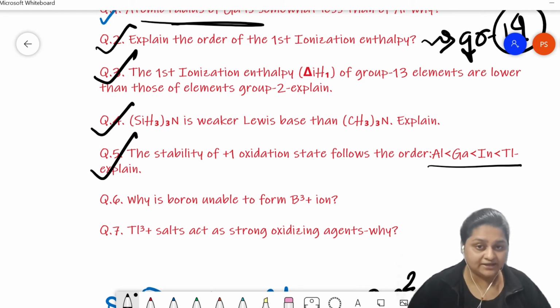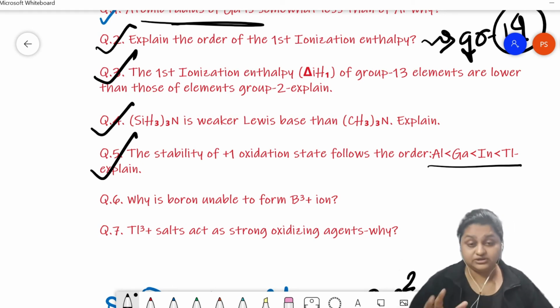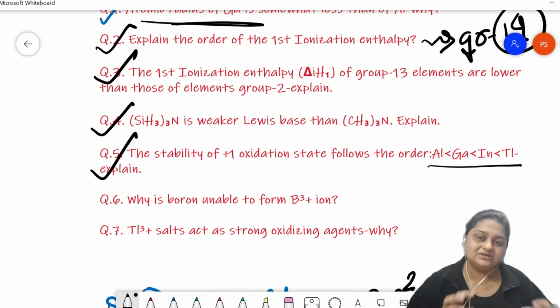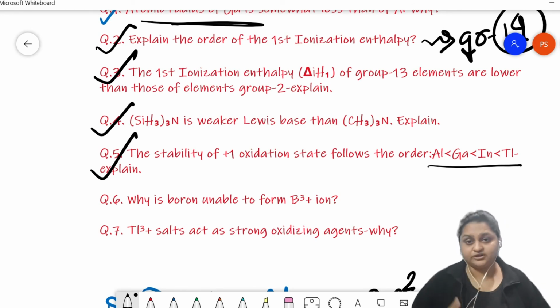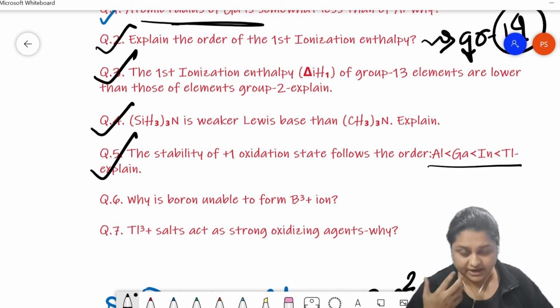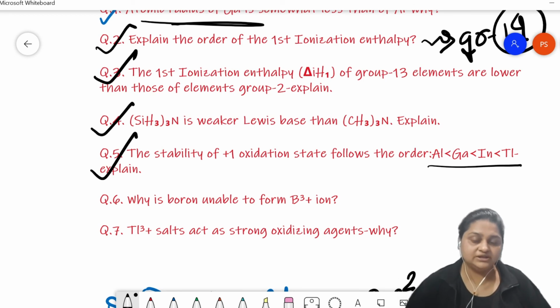due to that lanthanide contraction, a much more excess amount of nuclear charge is experienced by the ns orbital, and as it experiences more nuclear charge, the ns electron becomes almost inert in nature. What I'm trying to say is that it is very difficult to remove this ns electron down the group compared to the elements residing in the upper portion of the group, like gallium or indium.